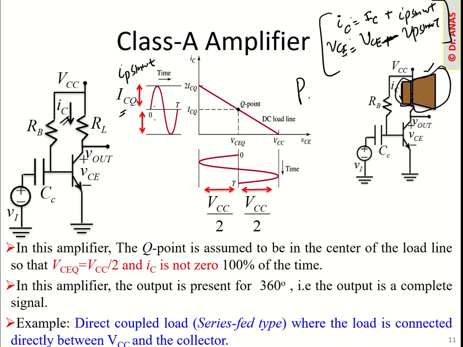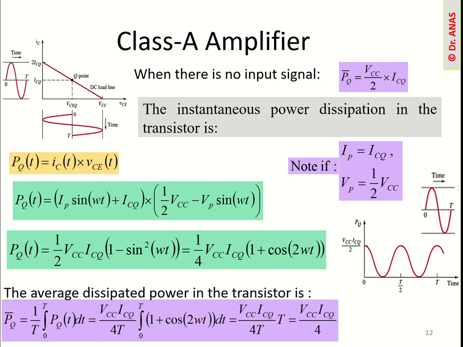And if you want to calculate instantaneous power, it will be just the product of these two, VCE times IC. And remember our condition, that basically a Q point is VCC over 2. Remember this condition. So this is basically the way to calculate the instantaneous power of this class A amplifier. So let's have a look at more details. As I said earlier, instantaneous power is what? IC times the VCE.